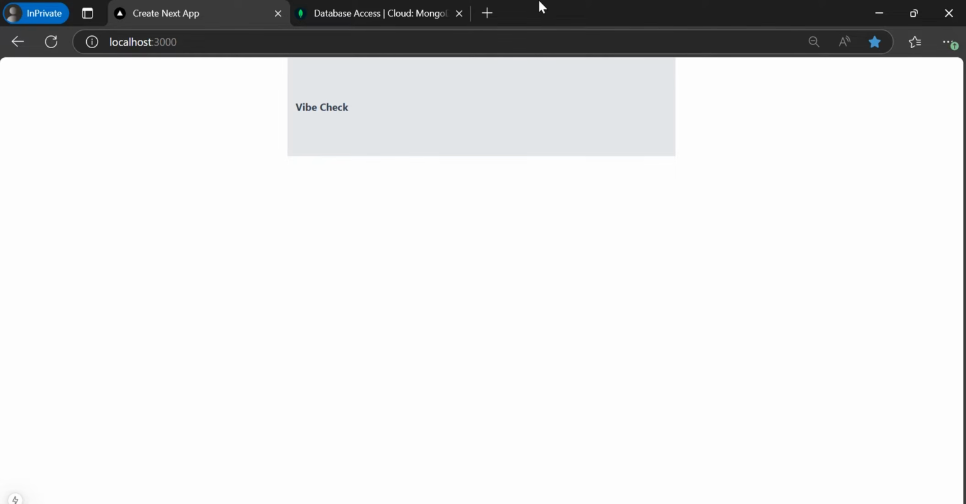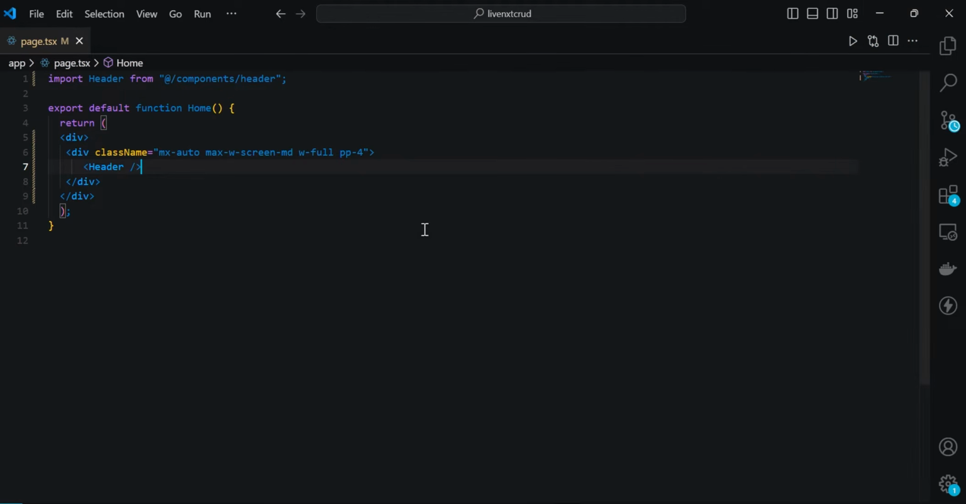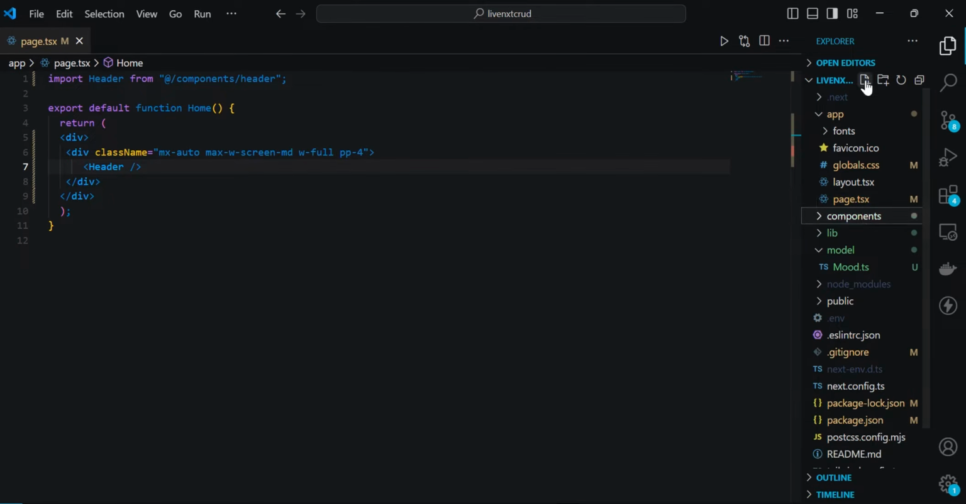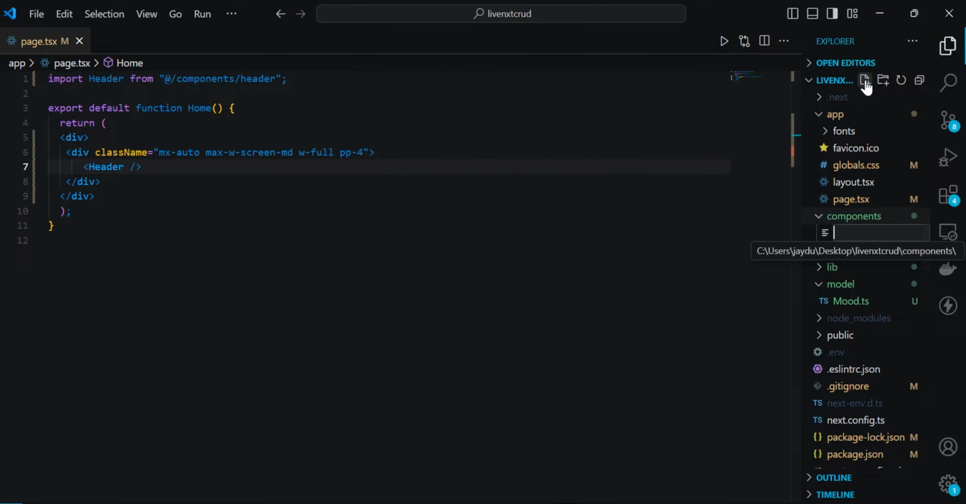Now we're ready to bring in the next component, which will be an action bar. And this action bar is basically just going to give us the ability to have a button to click on to open up a side drawer and create a new mood if we choose to do so. All right, so we'll go back to VS Code, and in the components directory, let's add a new file. We'll call it side drawer